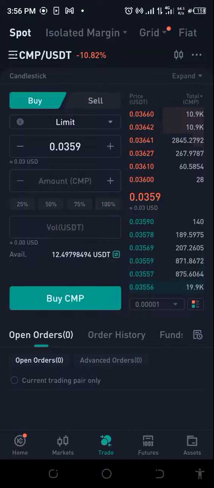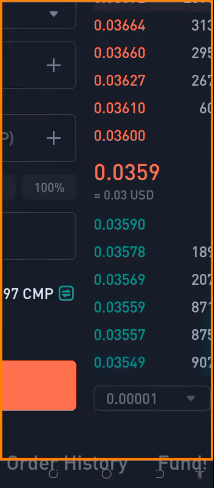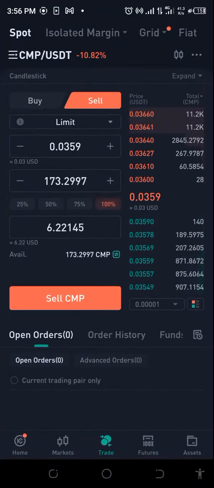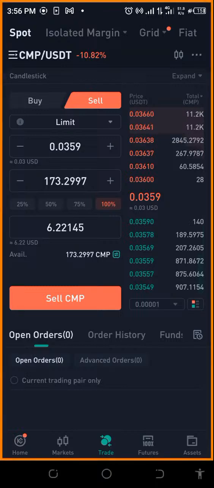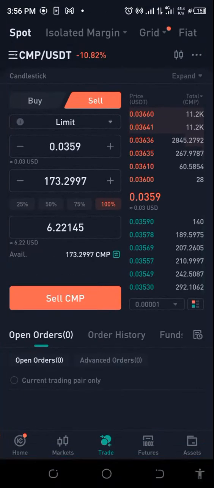Let me try and check it one more time. If I sell it at this first price here, at 3,590, what is it going to be? It's going to be 622. But it will be less if I sell it. Okay, let me just put this one here. If I put it this way,